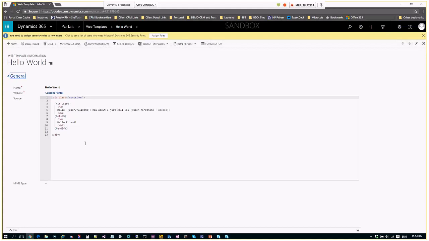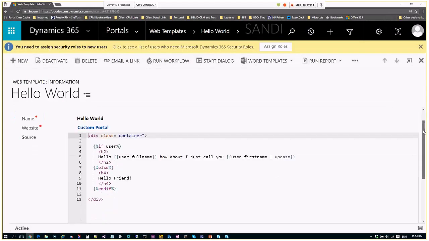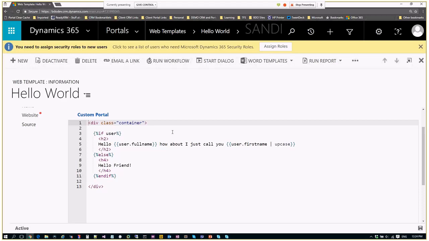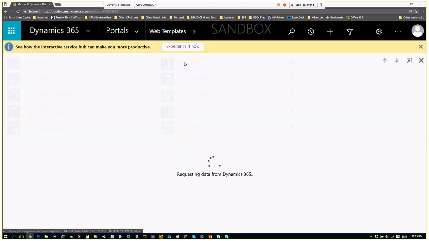I'm going to try to zoom in a little bit on that, just so it makes it a little bit easier for you guys to see. So we can see here, if you've already been used to doing things in HTML or CSS, you're going to find Liquid's really not too bad at all. So I've just created a container to make it more visually appealing. Oh, this never happens to everybody else. Let's go back to Hello World here.